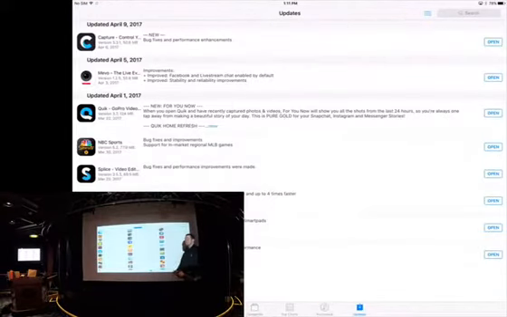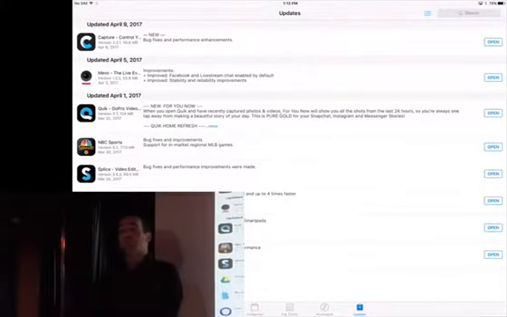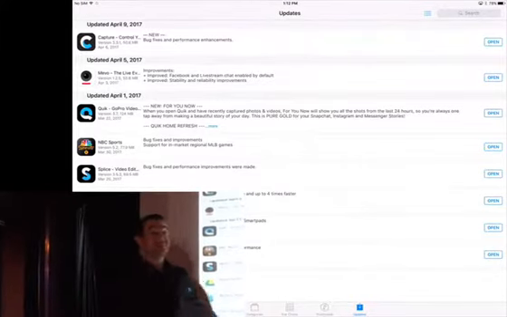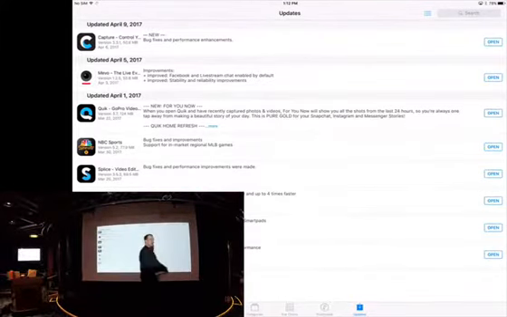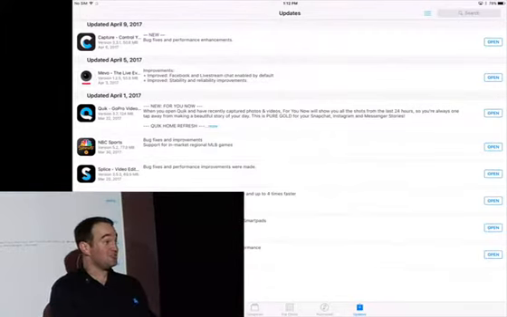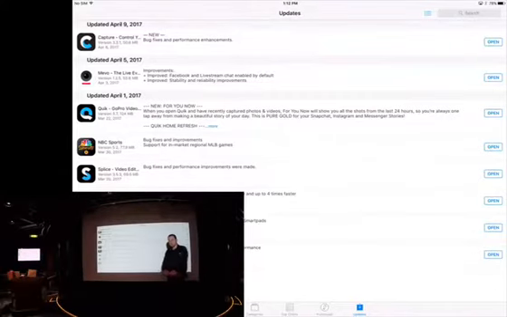Now, the last section is called updates. How many of you update your apps? When you get that little ugly thing that says you need to update your apps, I'm sure a lot of us update our apps or it's set to automatic, but how many of you read what's actually changed in the updates? You do? Sometimes it's hysterical, but sometimes it's like, oh, okay, I'll give you an example. A lot of people didn't know you can make voice and video calls in Facebook Messenger. You can go into Facebook Messenger and you can make calls just like Skype.